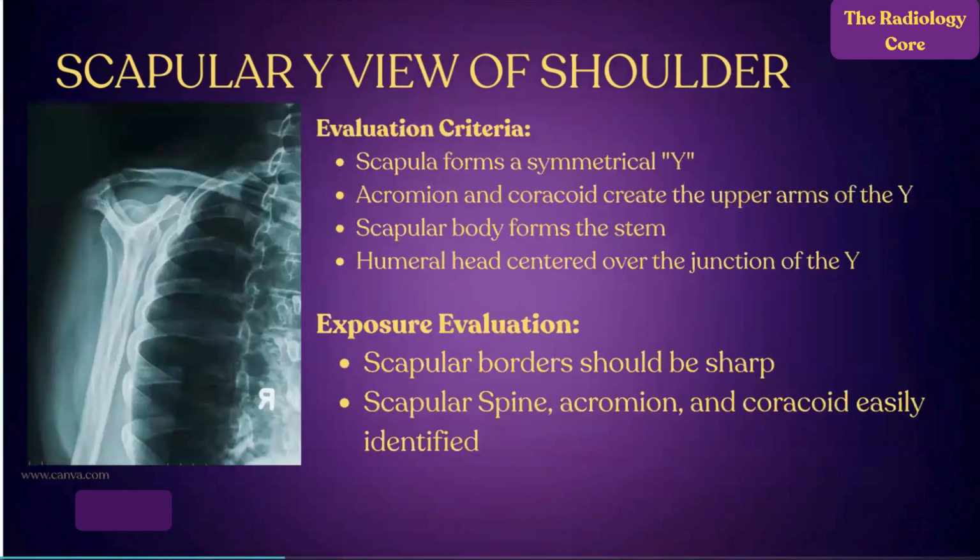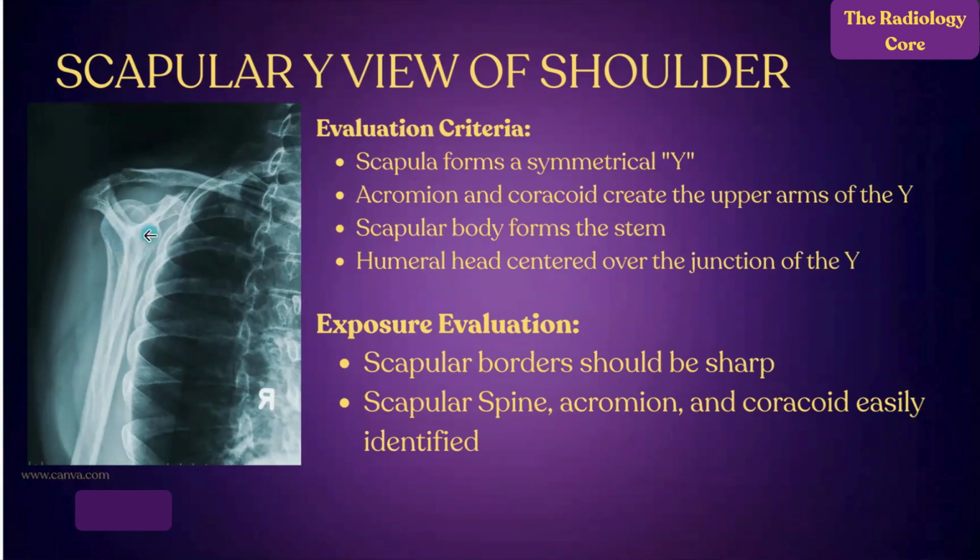This is some evaluation criteria for the scapular view of the shoulder. The scapula forms a symmetrical Y. So again, you're going to see this anatomy here. Again, make sure this is completely superimposed. If you have the arm more over the ribs, then that could indicate that